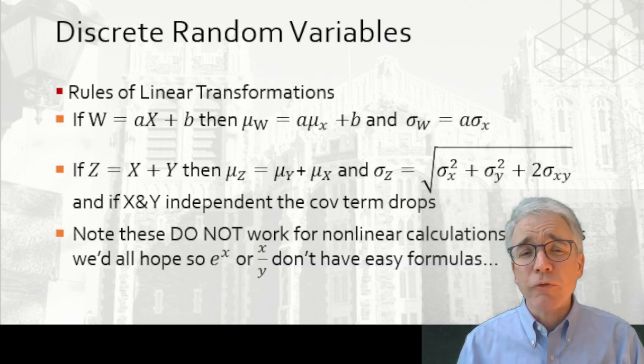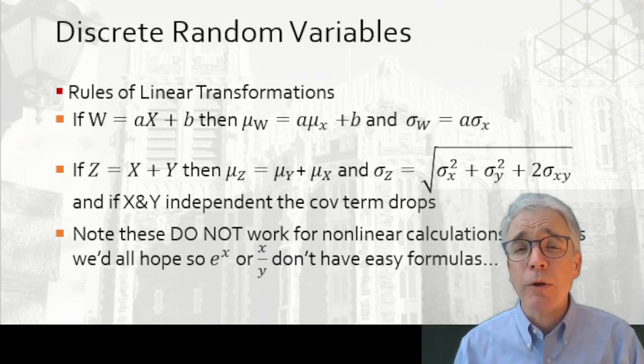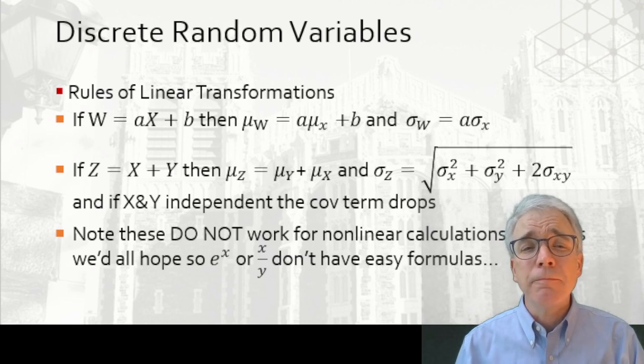Next, we have the rules of linear transformations, which work pretty much the way that we would like them to. If we have some variable X, which is a discrete random variable, and we want to create W as a times X plus b, then the mean of W is going to be a times the mean of X plus b,